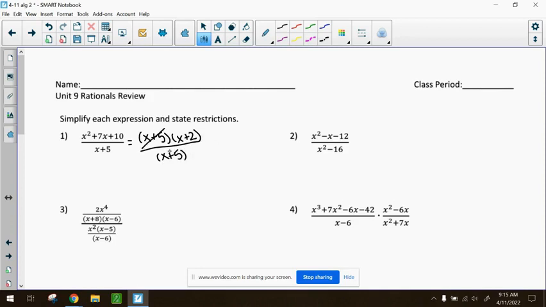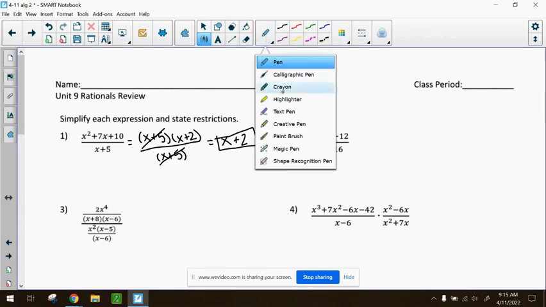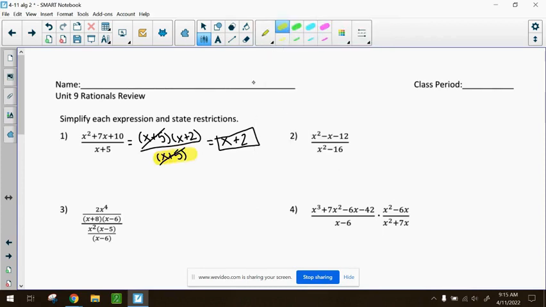I notice that the x plus 5s match, so those go away. So my answer is x plus 2. I don't have to put it over 1. Dividing by 1 doesn't change anything. Now, if I cross off everything from the numerator, then I would. I do still have a restriction, so even though our x plus 5s cancel out, that still gives me a restriction. So x cannot be equal